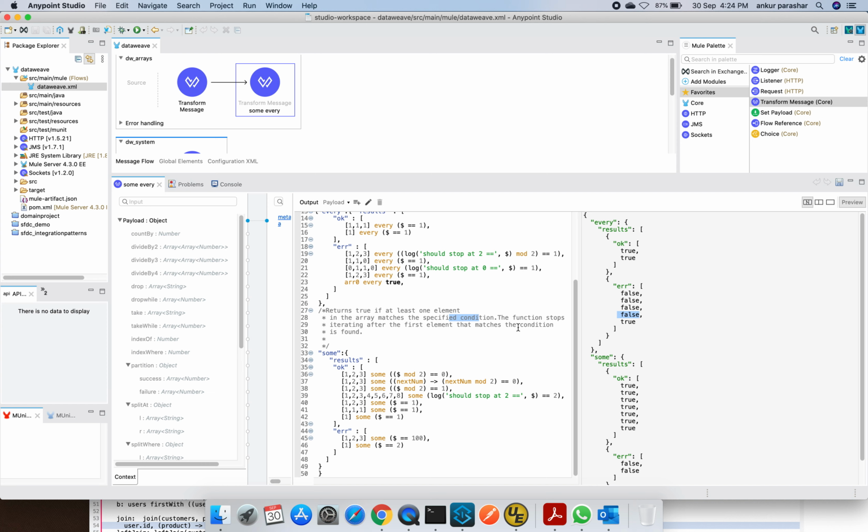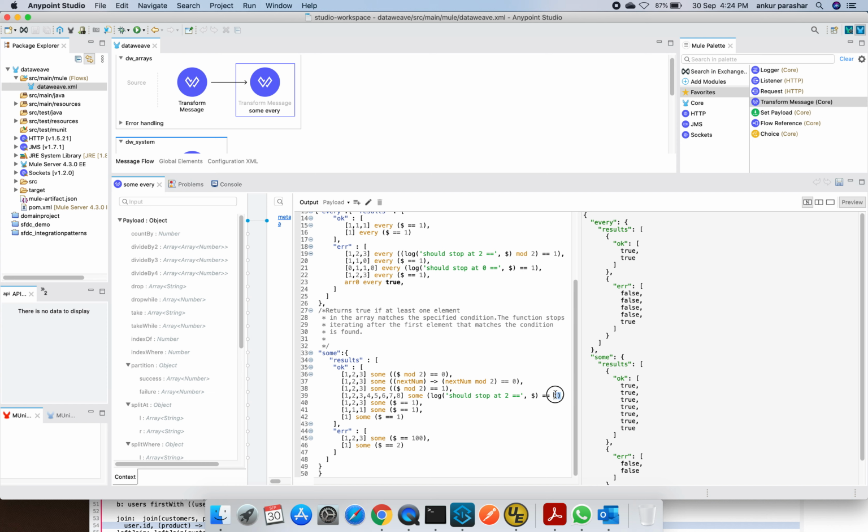In other words, if the condition is matched even for one element, it will return true. So 2 is there, 2 divided by 2 equals 0, yes, it's true. Next, 1, 2, 3: divided by 2 returns 1, so we have element 3, and that's why it is giving us true.